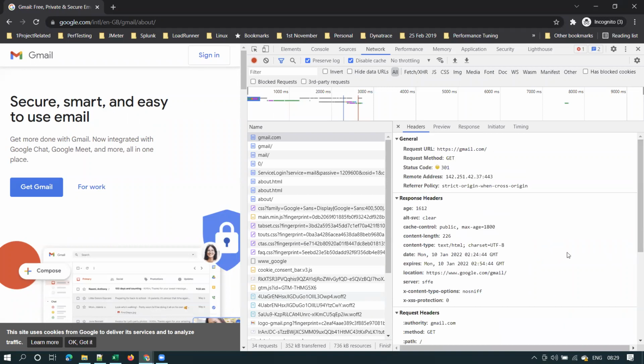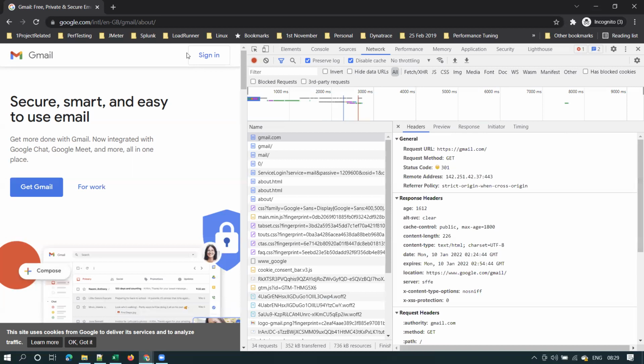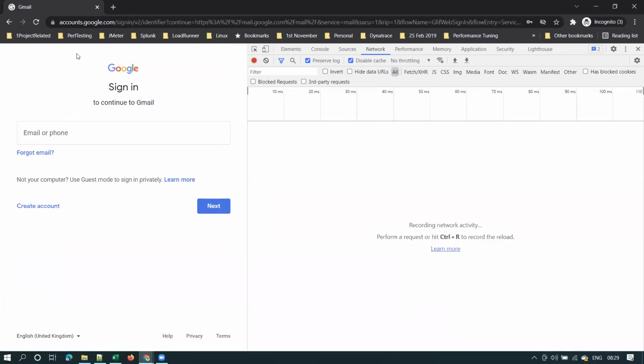Next, this particular request doesn't contain any request body. That's why you are not seeing anything here. But if some request contains a request body, you'll see that later. So let me click on sign in.